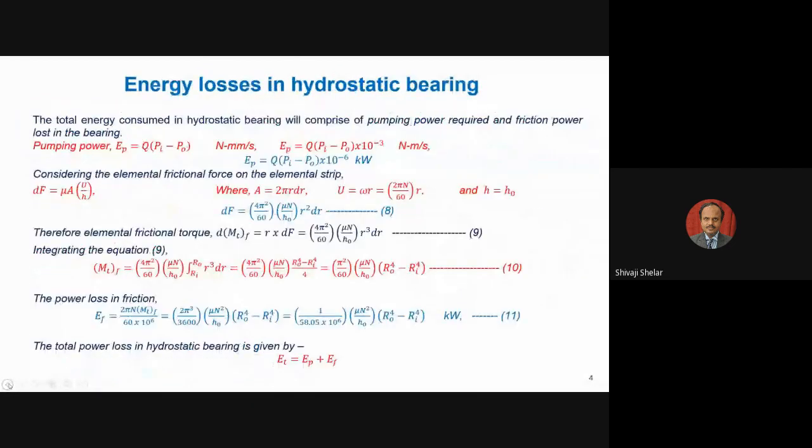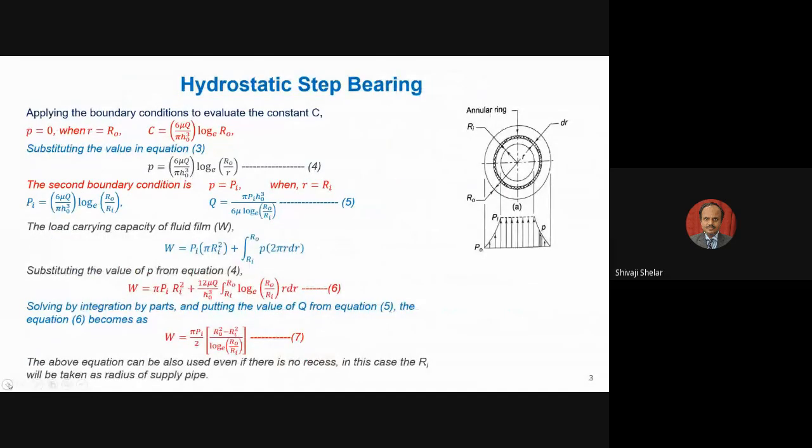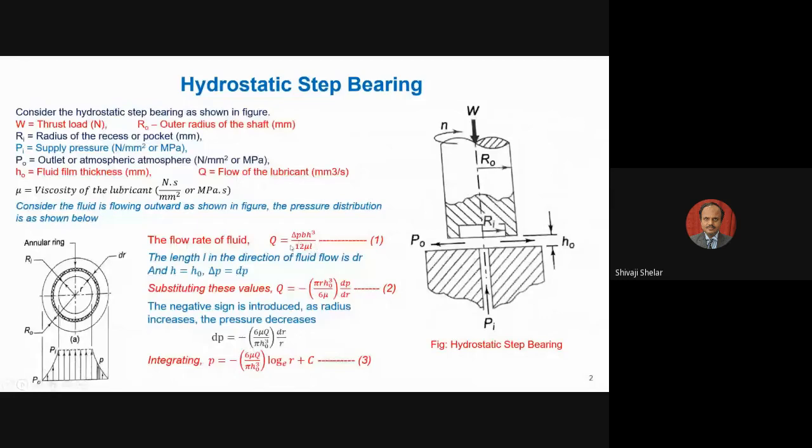If your pad geometry is non-circular, then you have to use the basic formula for the flow requirement. The basic formula is this. So if non-standard pads are there, if the pads are non-circular, then you have to use this formula. Whatever we have learned today is for circular geometry, but if your geometry is not circular, you have to use your basic formula for Q. Based on that, you can determine the flow requirement for non-circular geometry.